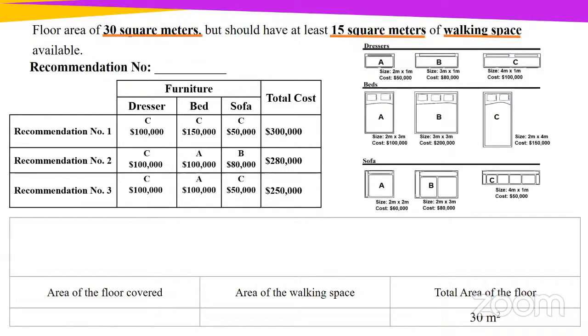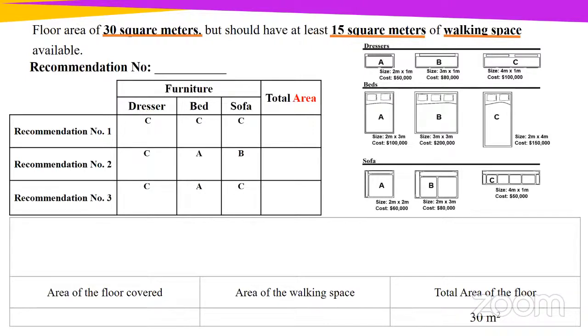And boys and girls, earlier on, we went through the exercise of calculating the area. So now we can look at it and see which of these will be able to complete our recommendation. So we're going to be finding the area. Are you with me, boys and girls? So our recommendation, look at the screen carefully, look at our furniture. So let's go into calculating. Remember we learned how to calculate area, so we're going to use that skill now.